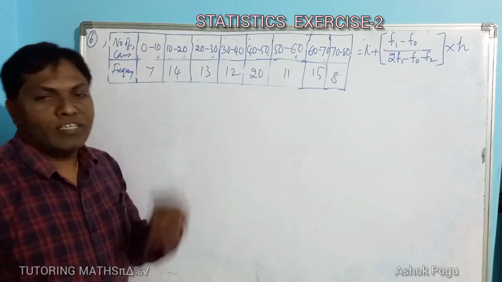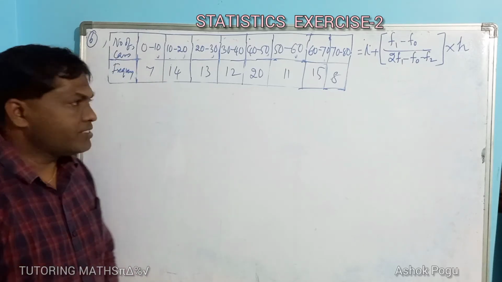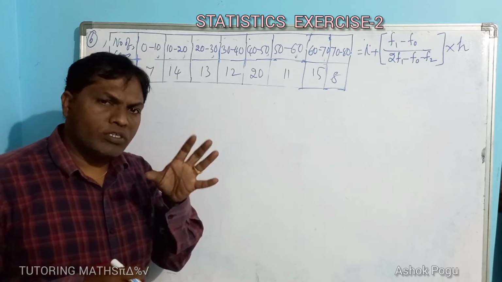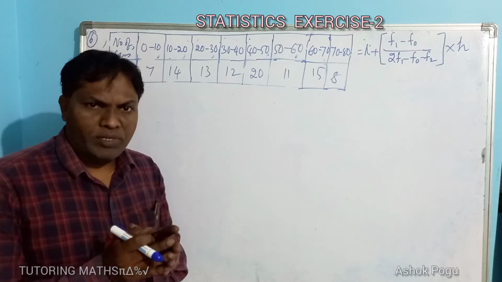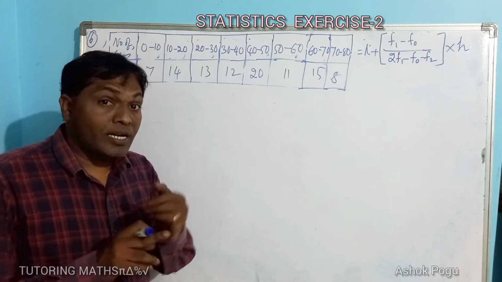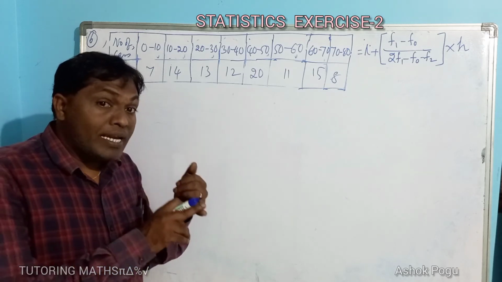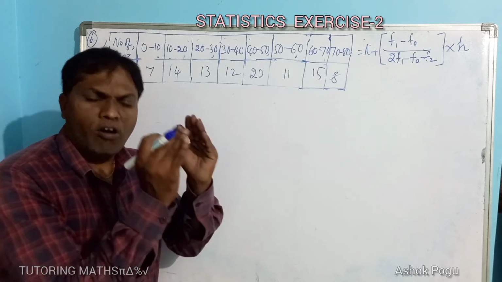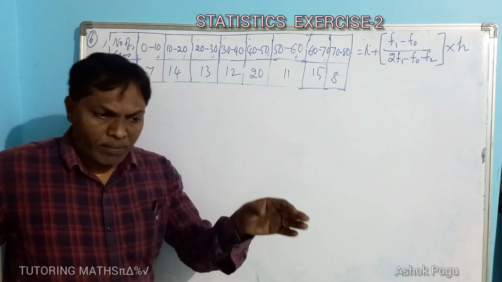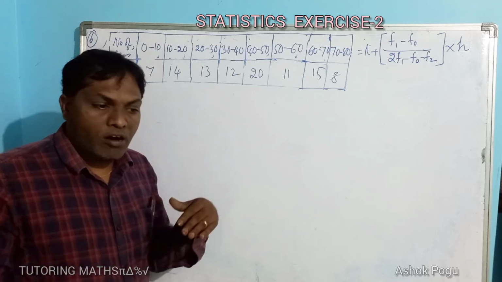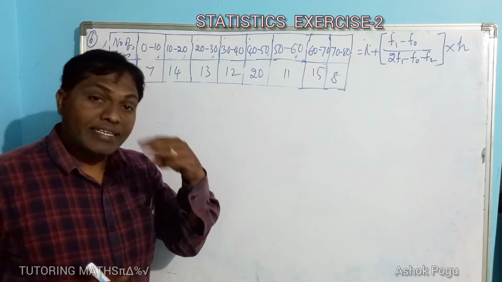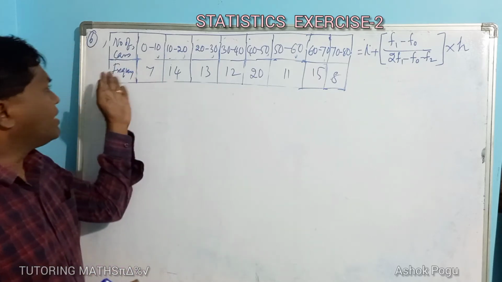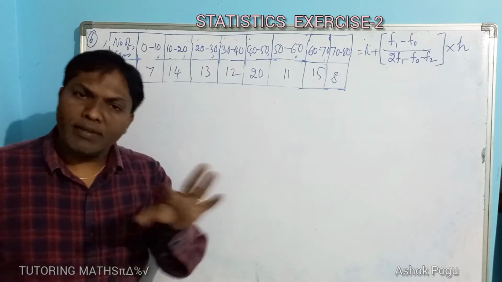Yes, let us see question number 6, the last question of the second exercise, statistics. Here also, this is the data about the number of cars. A student collected the information. He recorded how many cars are passing through a particular spot, for example, a crossroad. How many cars are passing through that spot in 3 minutes, for a total of 100 periods. That is the data taken, and we have to find the mode of this data.